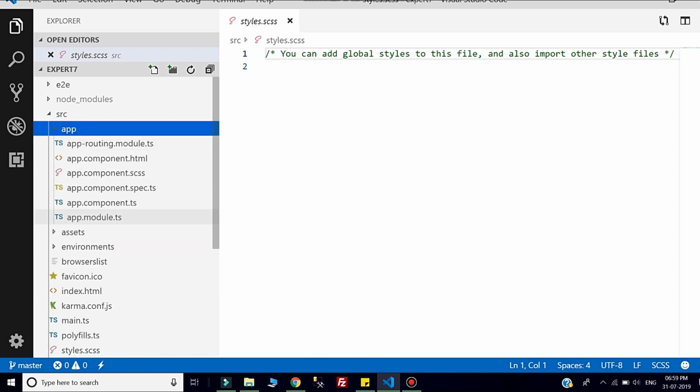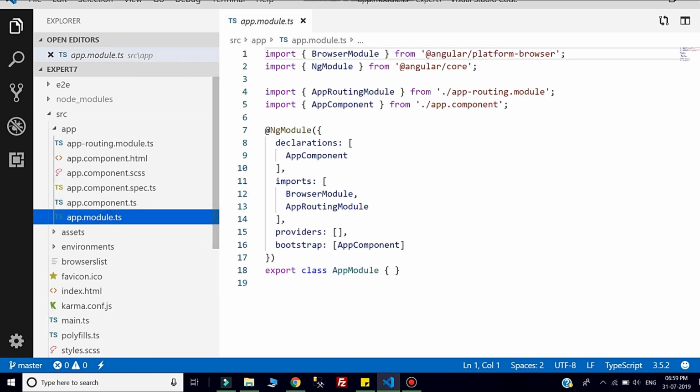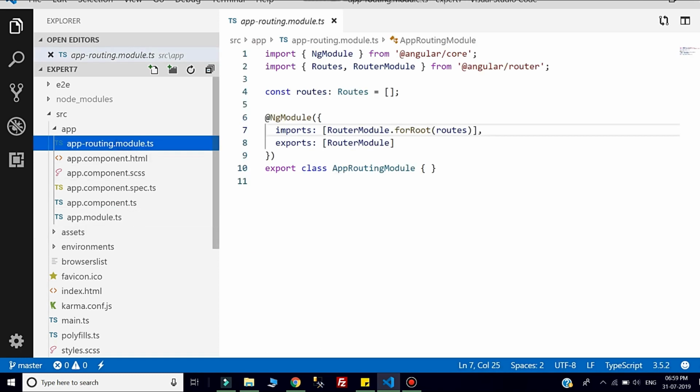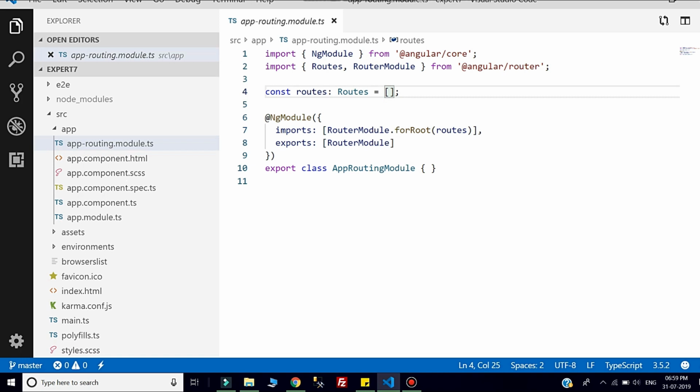During project creation I also created the route, so everything is configured but no path is given. Today I will show you how we configure the route and how we create the account layout